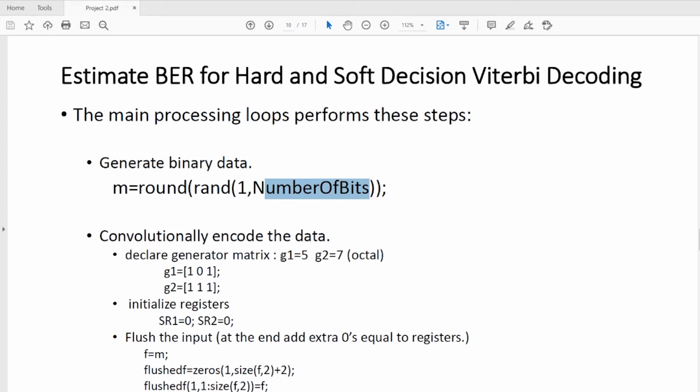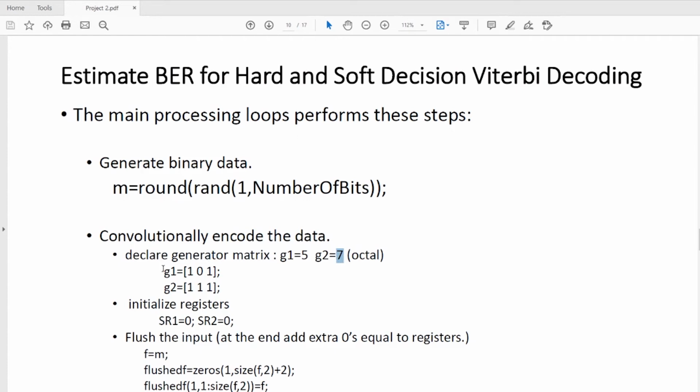In my example, I have taken the first generator as 5 in octal format. When it comes to binary, it becomes 1 0 1, and G2 equals 7 in octal format, which in binary is 1 1 1.